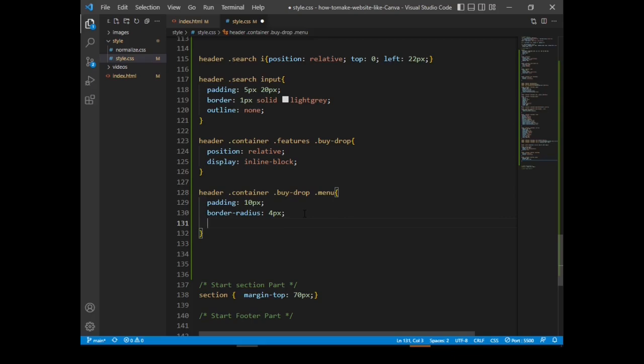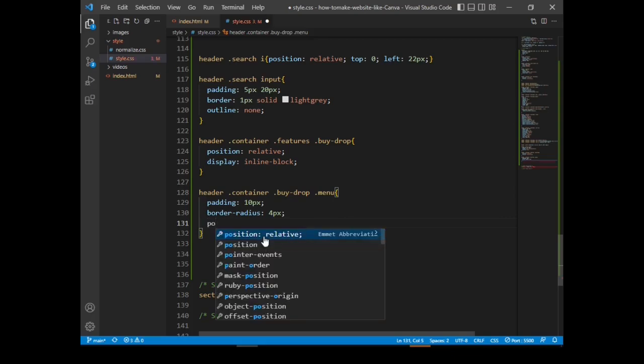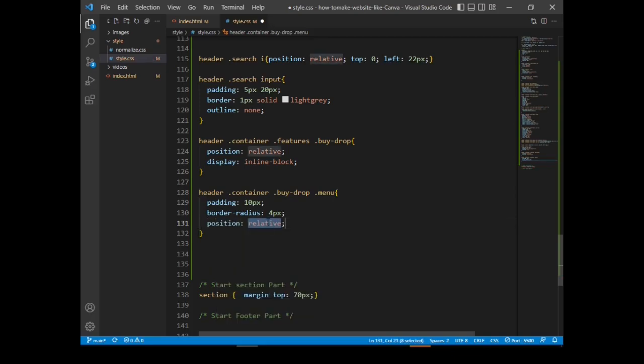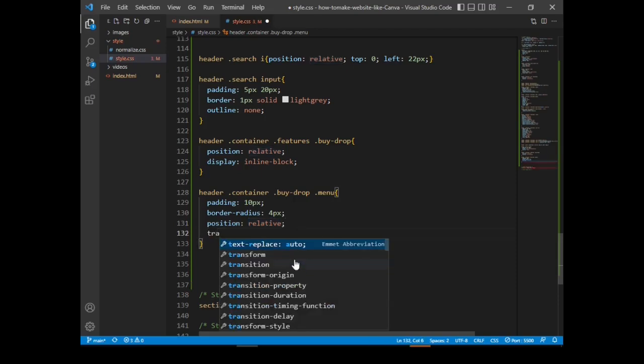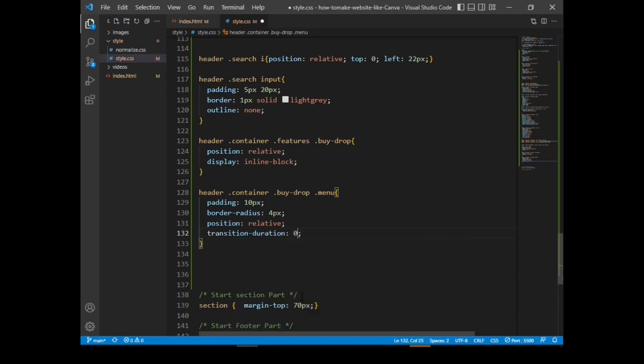Let's have a position of relative, transition duration of 0.2 seconds.